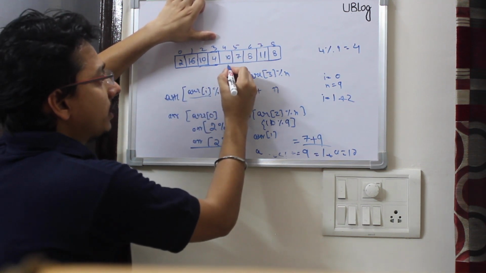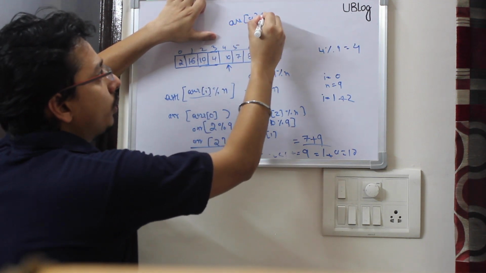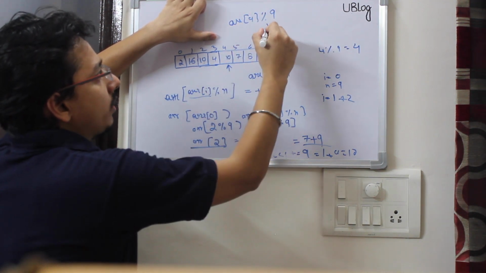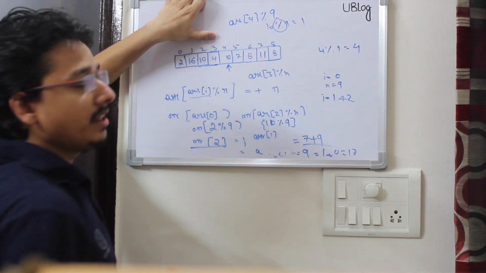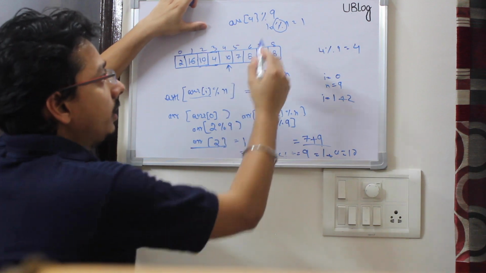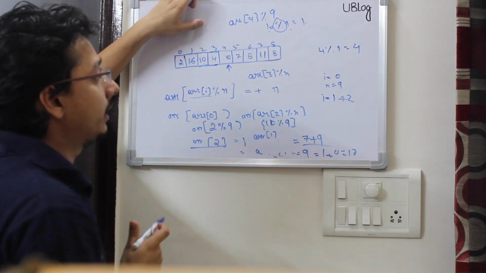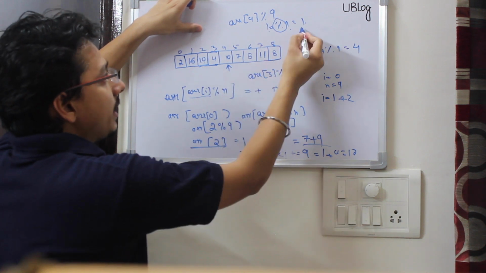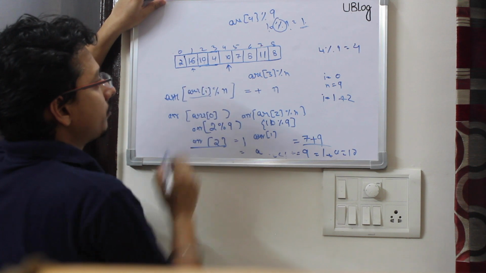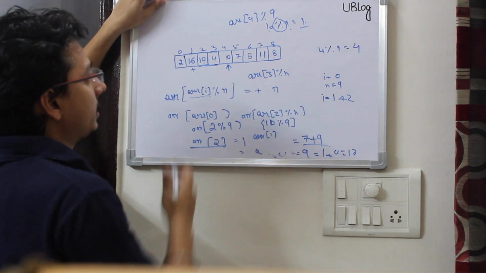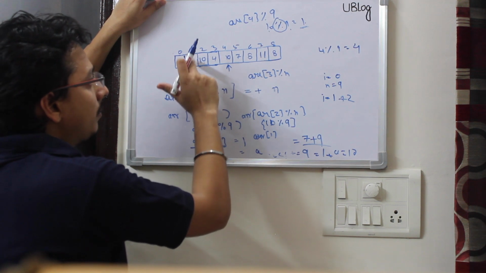Now my I will increase further. I am at array of 4. So I'll be doing array of 4 modulo 9. So 10 modulo 9 is 1. So what is modulo? I am finding a remainder. When I divide 10 by 9, the remainder is 1. So this is what I am doing here. My remainder will be 1. So I will be going to the first index and incrementing it by 9. So basically I add 9 to the 16, and now the value will become 25.